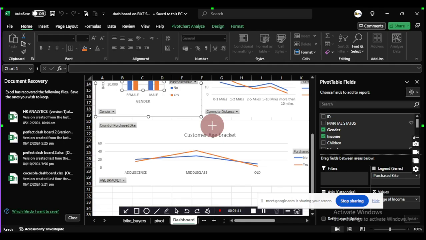In maybe a company or a business, they will be able to understand what is happening. So that is what we are learning: the ability to transform this data into this one, which is what we call a dashboard. What if we transform this data into a dashboard? The dashboard will give us more information about our data.